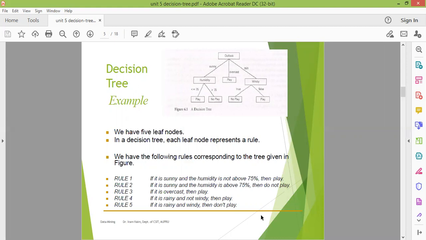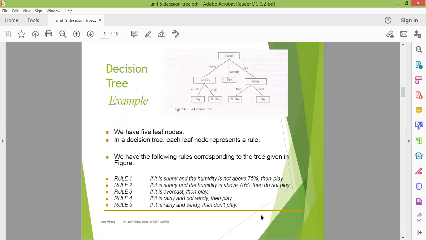And based upon this outlook attribute, you have the further division of the node. So if the outlook is sunny, the next node we are checking is humidity. If the humidity, on the left side, is less than or equal to 75, then we play. And if it is greater than 75, then it is no play.